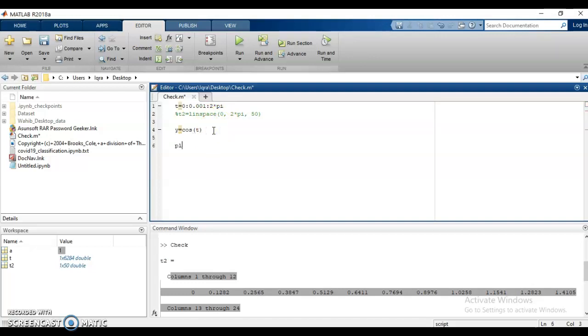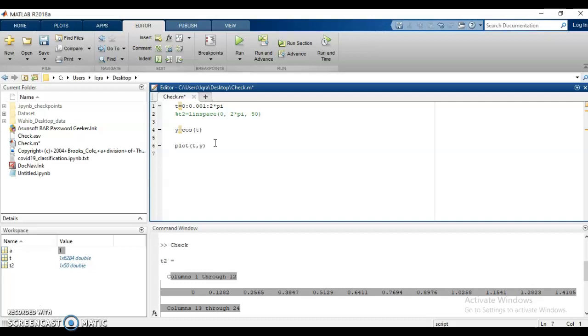And the third thing is how we plot the signal. It's a simple command: plot. We are going to have the independent variable, t, on the x-axis, and the dependent variable, y, on the y-axis. Along with the plot, we used to format the graph, and that formatting is a very important part, because without knowing what is on the x-axis and what is on the y-axis, we cannot define the graph.